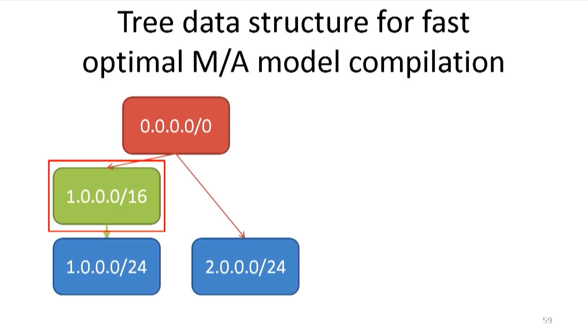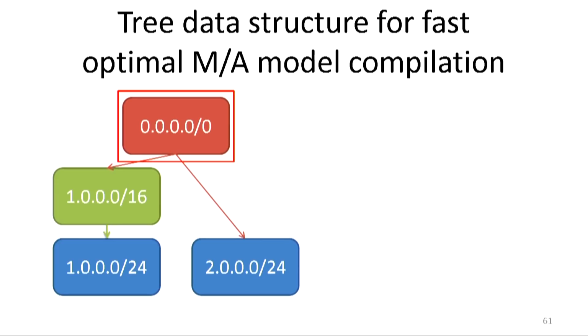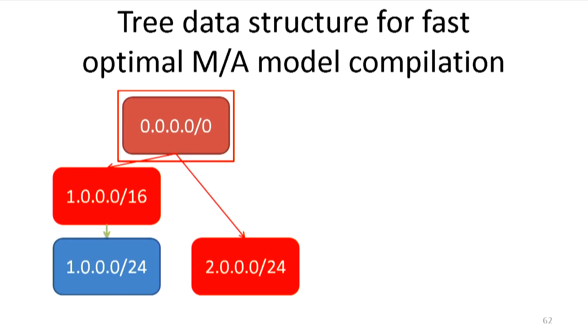Now, for generating constraints for a given node, we obviously have to add the direct constraint, and we only need to look at the direct children of this node. In this case, 1 child. And this process will become more clear if we look at the default route. Here, we only have to look at 2 neighbors, and this will render the minimal set of constraints that need to be added